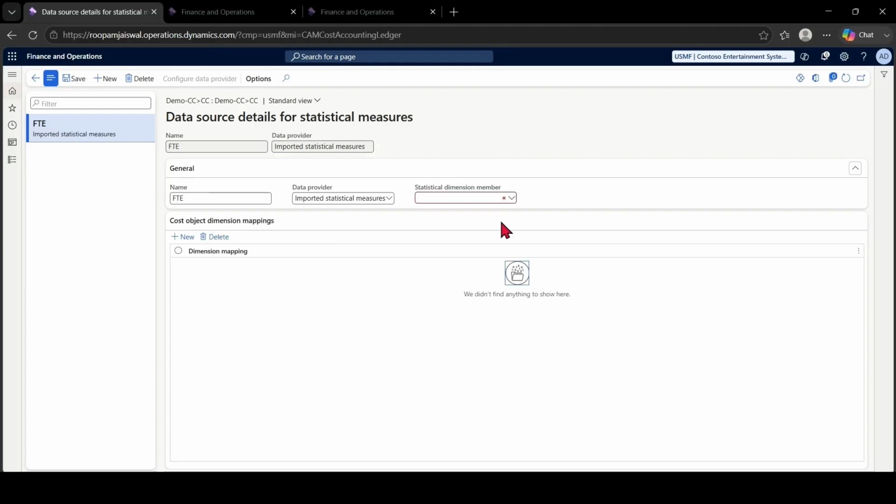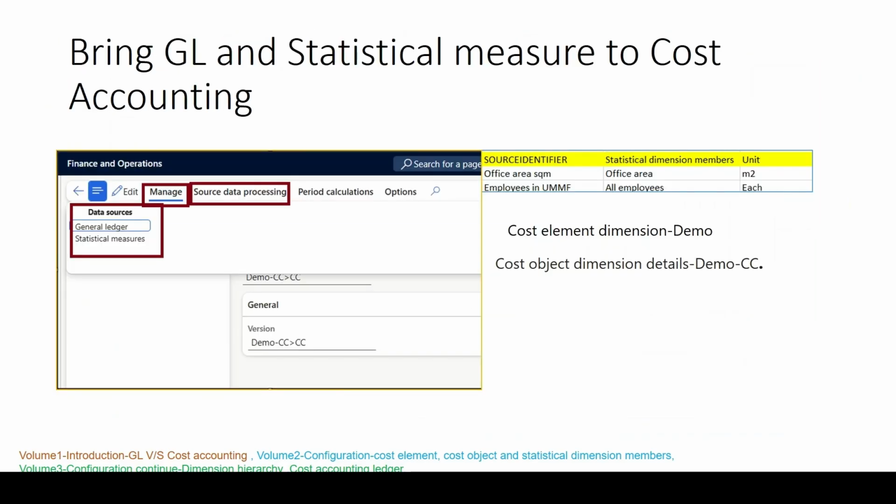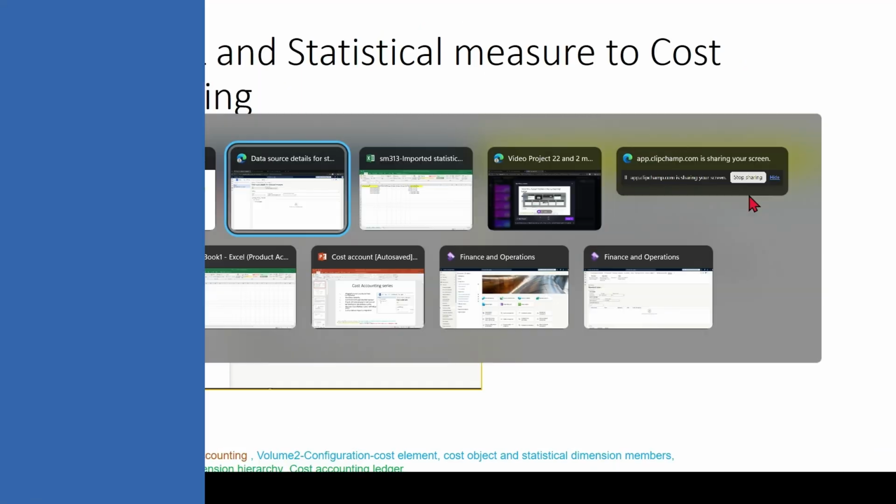I'm going to link this with the dimension member, as we know that for any statistical dimension we import, we have to link the source identifier with the dimension member. So what I'm using is FTE or all employees. This is measured in terms of a unit, which is each.